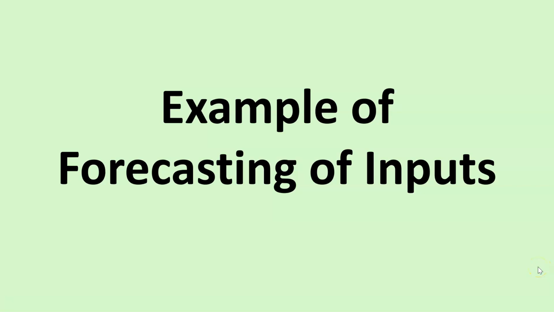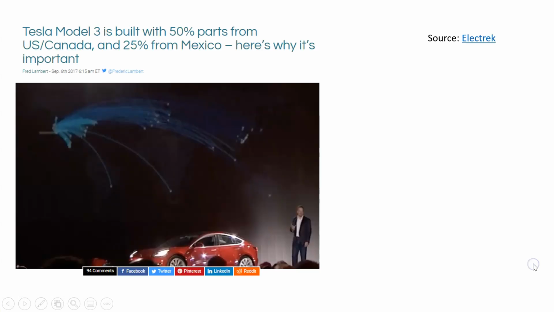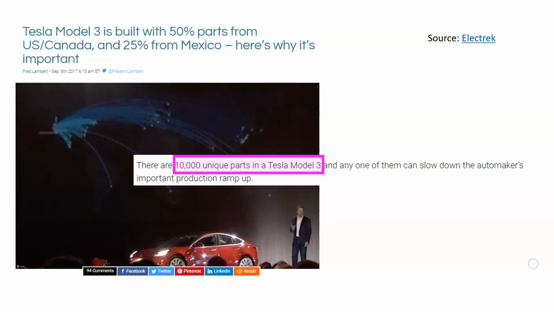To use an example of forecasting of inputs, we're going to come back to Tesla because it is a big product. It actually has 10,000 unique parts to make the Tesla Model 3. And that is actually a lot less than a traditional petrol car with an internal combustion engine. That's going to need a lot more. So as complicated as Tesla is, this is going to be even more complicated for people like Mercedes and Ford